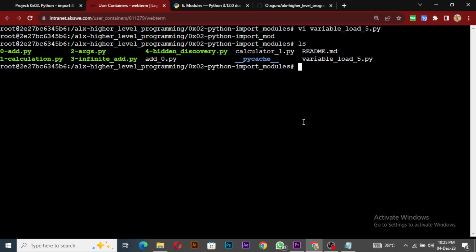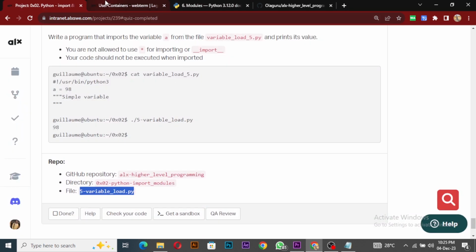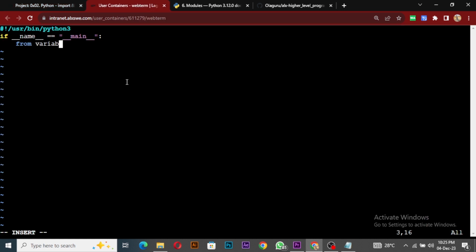Okay, so 5 variable load. So I'll vi 5 variable load, and then I'll shebang user bin Python 3, and then if name is equals to main, then I'll say from... what's the name, variable load 5, from variable load 5, right, import A. Can do that,